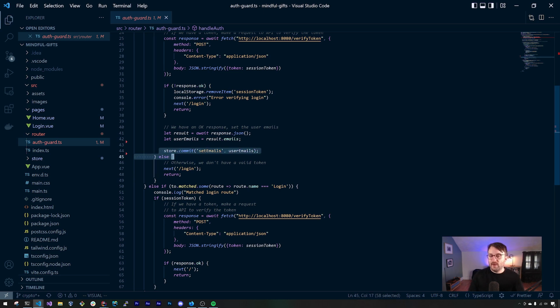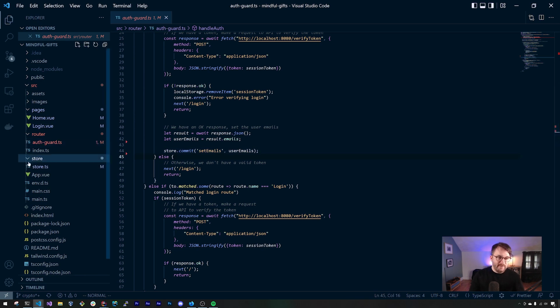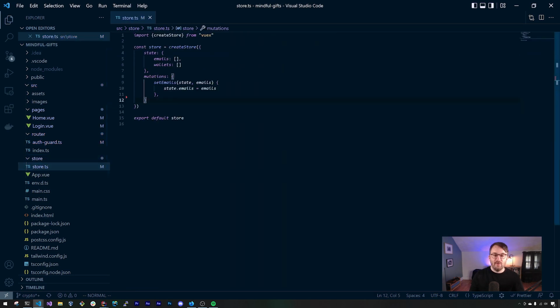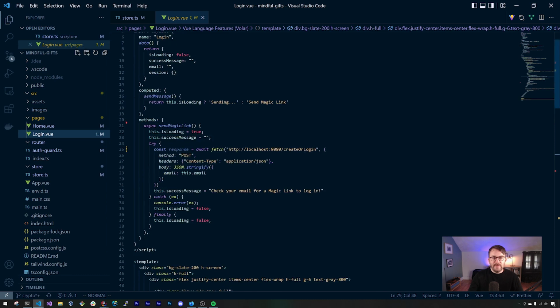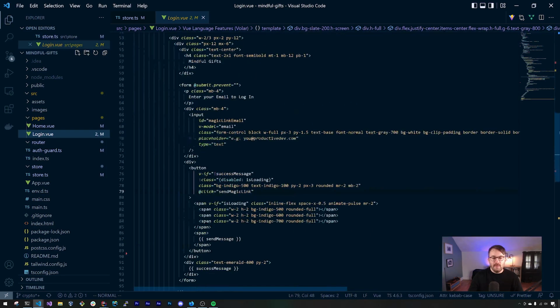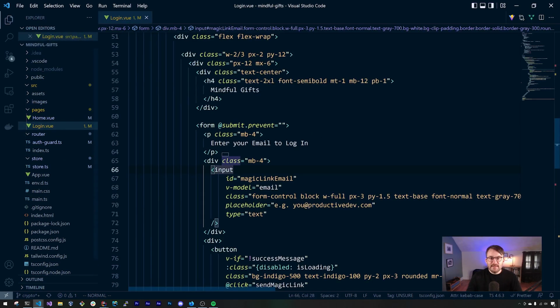And similar to the way that we basically committed those emails to a very simple store that we have in this application, we'll look at now how to set a user's crypto wallets to some state that we have set up in the Vuex store. So I think the first thing to do is let's head back to our login, and we want to make some modifications to the button that our user uses to log in. And so the way that I'd like to do this in this particular case is just to replace this button with our new implementation. So what I'd like to do here is to start with the login.view component,